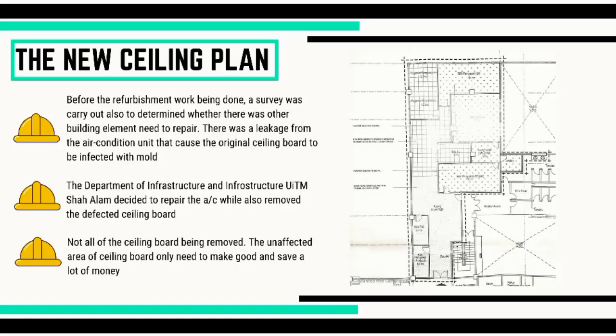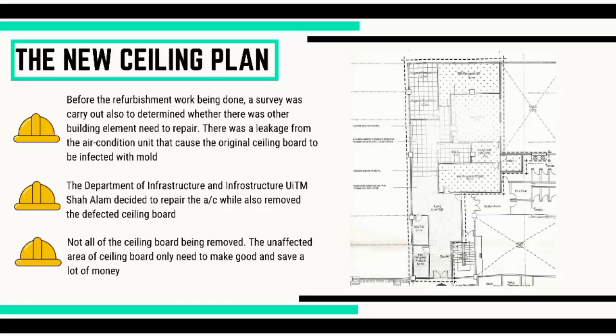This is the new ceiling plan. Before the refurbishment work was done, a survey was also carried out to determine whether there are other elements that need to be repaired. There was a leakage from the air conditioner unit that caused the original ceiling board to be infected with mold. The Department of Infrastructure UiTM Shah decided to repair the AC while also removing